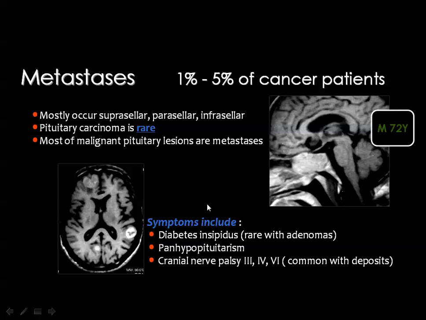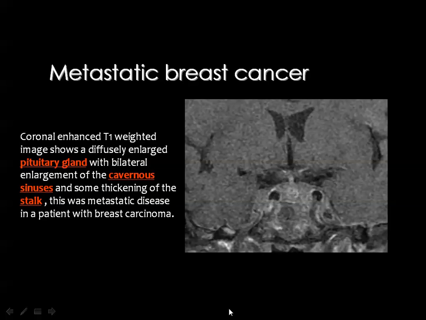area. And the term pituitary carcinoma is extremely rare, and most malignant pituitary lesions are secondaries to other primaries elsewhere in the body. Metastasis to the pituitary gland may present with diabetes insipidus, which is considered rare with adenomas, may present with panhypopituitarism or multiple cranial nerve palsies. Then in order to diagnose metastasis to the region of the pituitary gland, a known primary malignancy should be